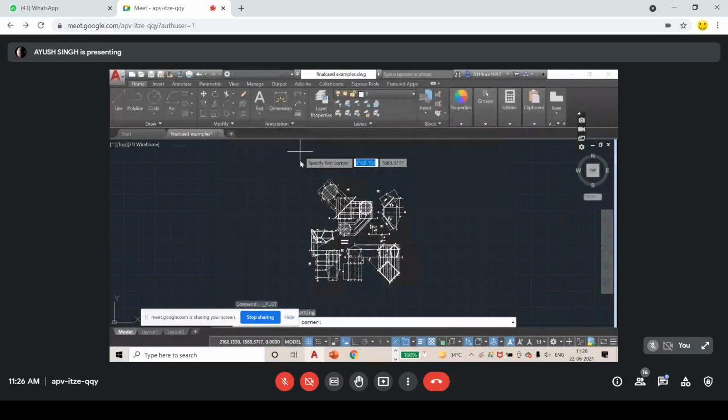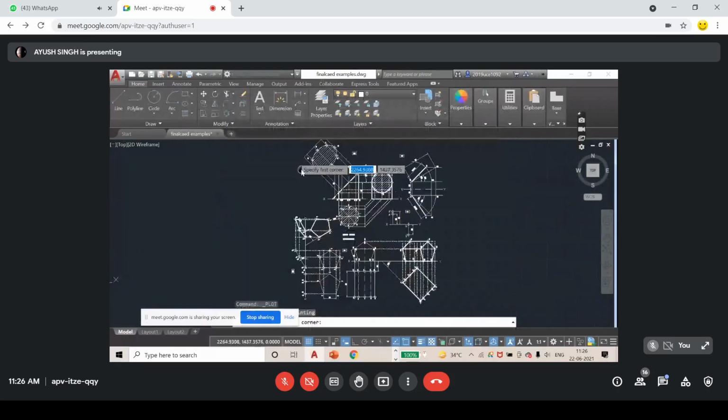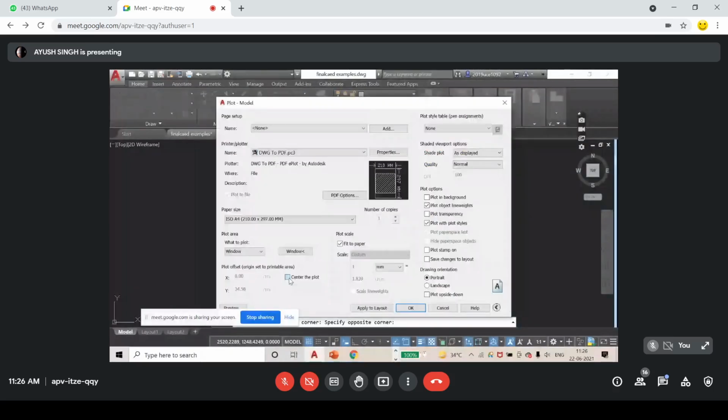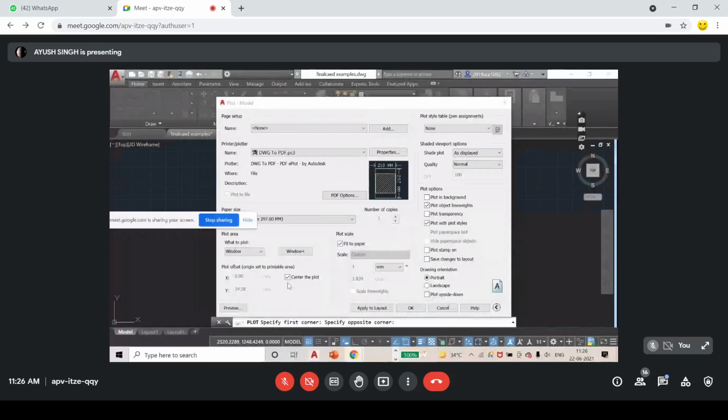Now you have to select the window carefully, from here to here. Okay, I am doubting that it won't be printed clean because I am using too much. I can choose landscape. First, I choose portrait. Do the center plot also, and first I'm choosing portrait and previewing what I got.